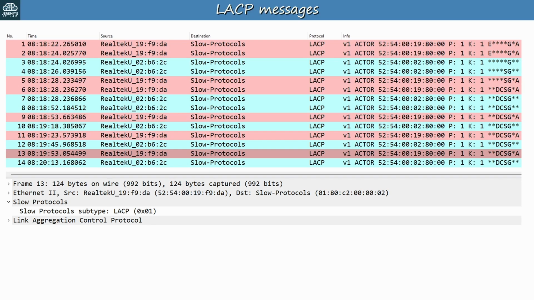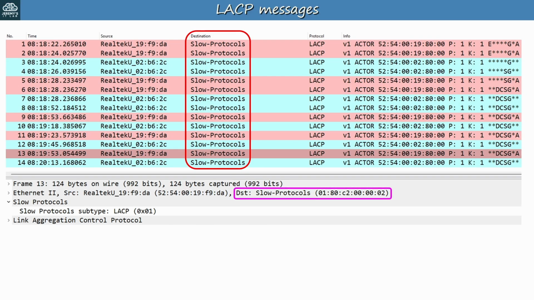Okay, now let's take a look at the messages LACP neighbors exchange. This packet capture shows the exchange between switch 1 and switch 2 as they negotiate their ether channel. I'll point out just a few things. First, notice the destination MAC address is slow protocols. You can see the actual address here,